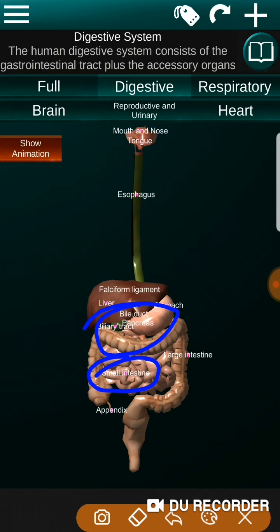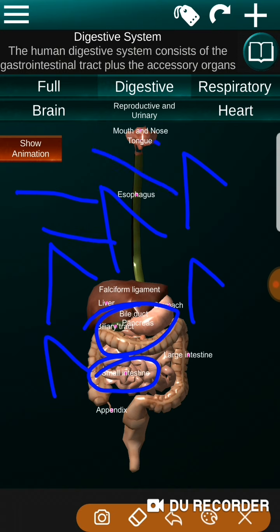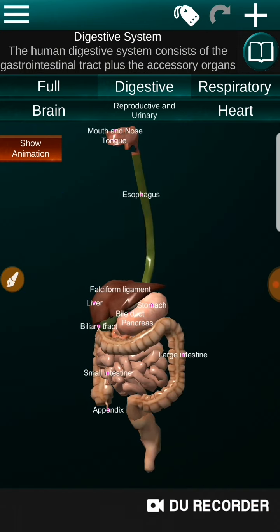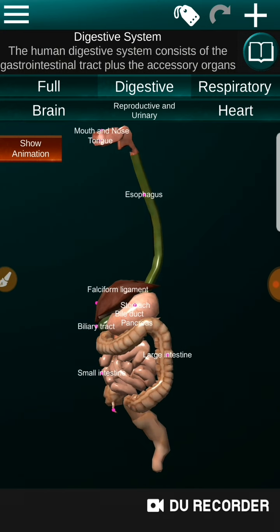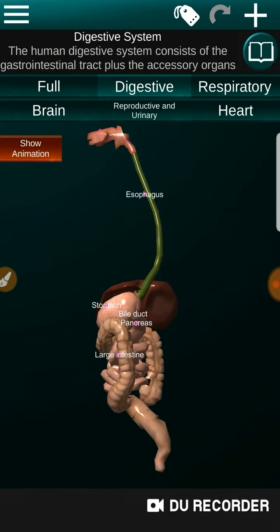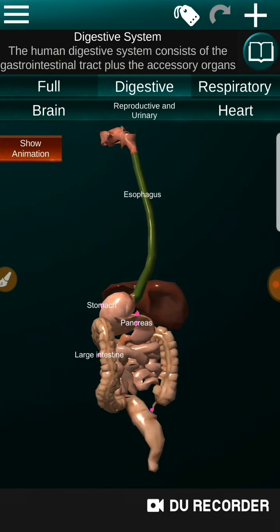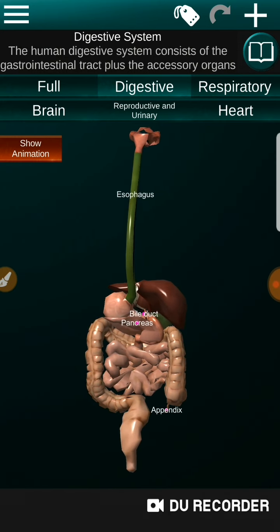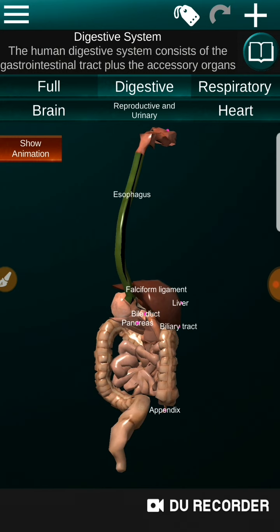The lining of the small intestine has finger-like projections. From these finger-like projections, the small intestine takes as many nutrients as possible from the food. These are called villi, and in singular, villus. Then the chyme passes into the large intestine where water and minerals are absorbed. This process is called absorption.